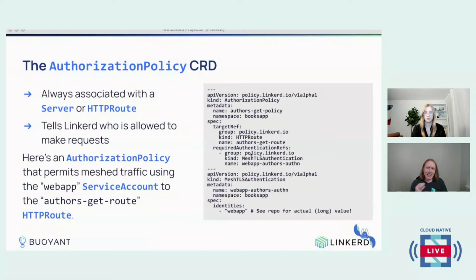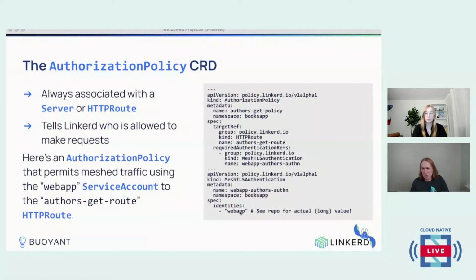It requires that the only entities allowed to make requests through this HTTP route are those that match the mesh TLS authentication resource named web-app-authors-authn. Web-app-authors-authn in this case says, oh yeah, this is going to be in the booksapp namespace, and they must be using TLS with a particular identity.